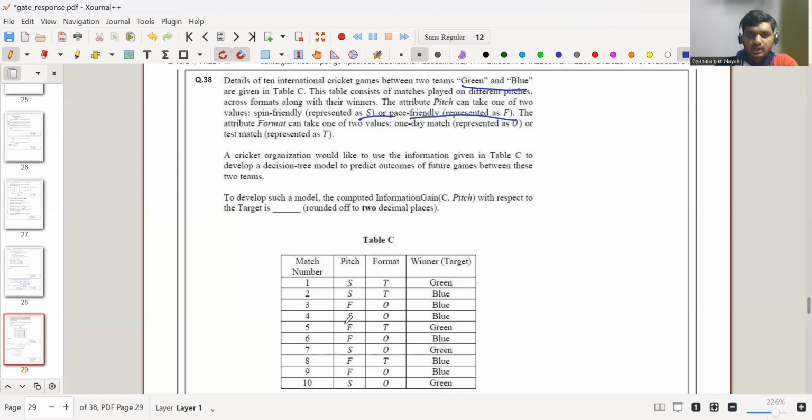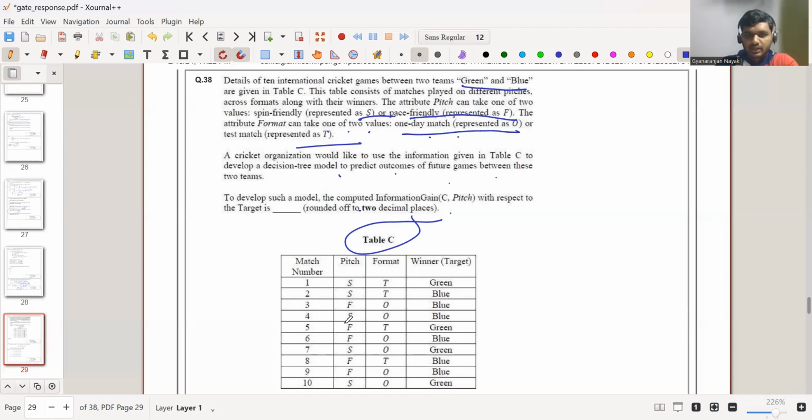And the attribute format can take one of two values: one day match represented as O, and test match represented as T. A cricket organization would like to use the information given in table C to develop a decision tree model to predict the outcome of future games between these two teams. To develop such a model, the computed information gain with respect to the target is,